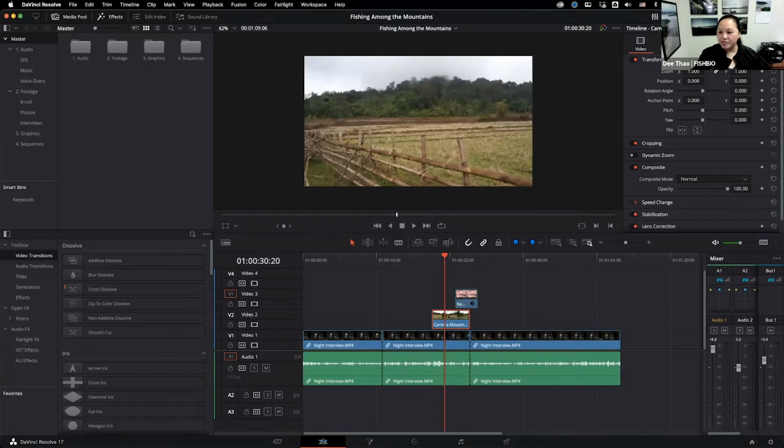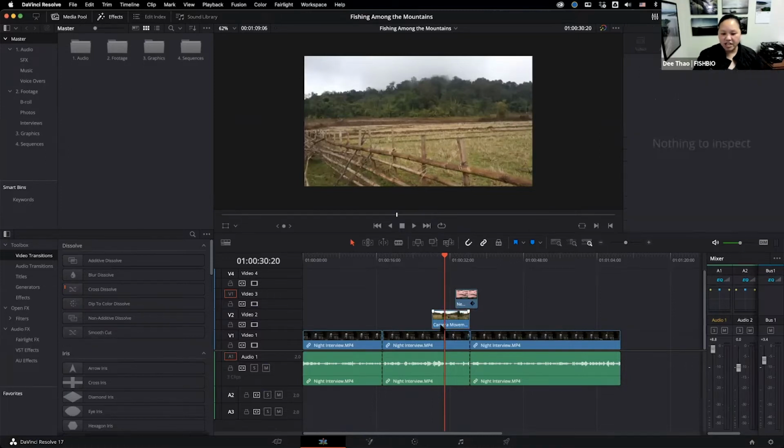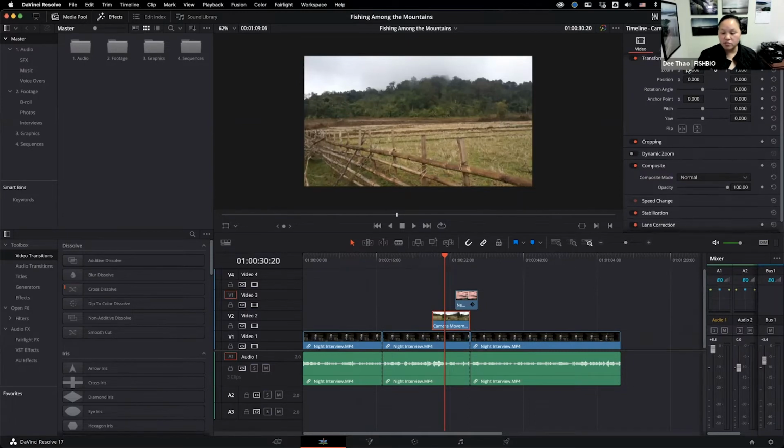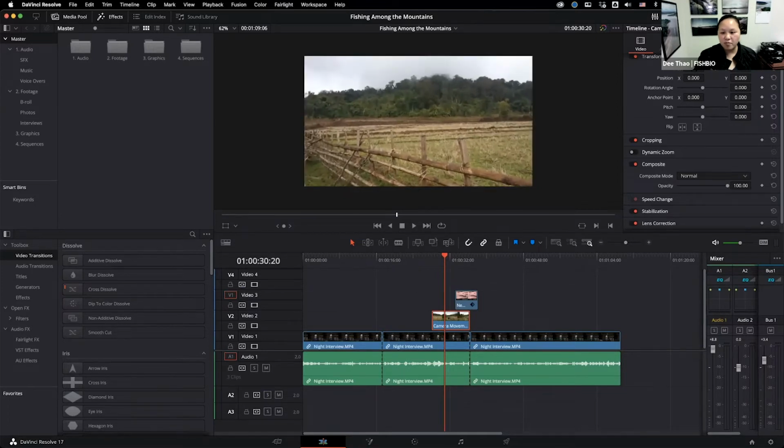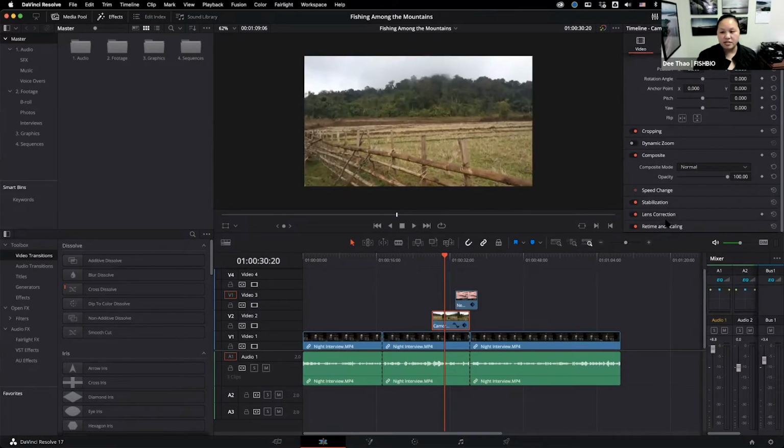So we went over how you can change effects over here in the inspector window for each clip, including resizing and cropping. And there's a whole bunch of other ones here that we didn't go over, but you can explore as you get a chance. And then we also went over the different tools that are available on the timeline for trimming, including the trim mode, the slip and slide mode tools, the blade for separating clips, inserting clips, overwriting clips on the timeline, and